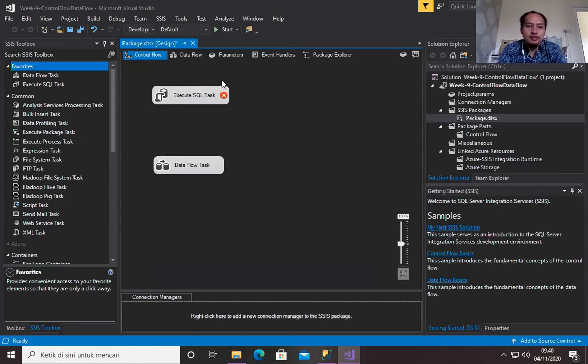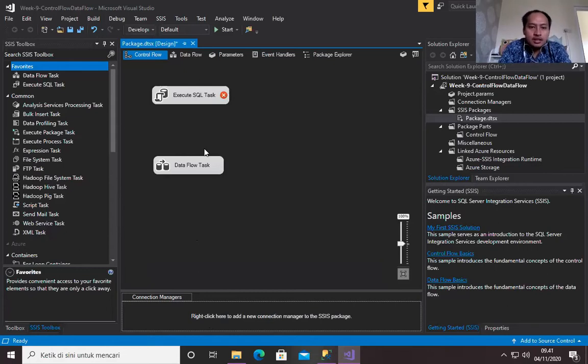Because this task works against a certain database, it will need a connection manager. Here we still don't have any connection manager, which is why this one gives us an error mark: no connection manager is specified. So to use this task, we have to tell SSIS where the SQL will be executed, to which database.